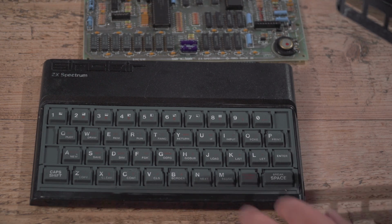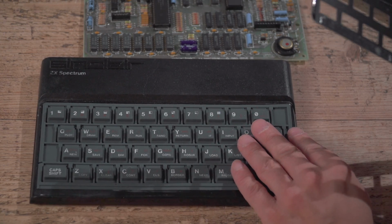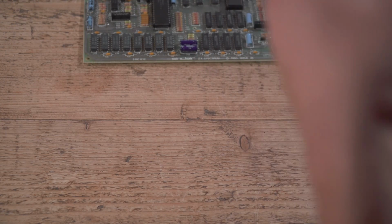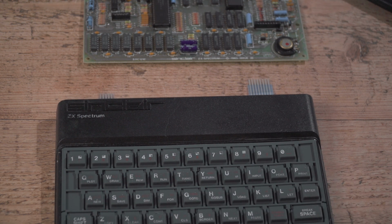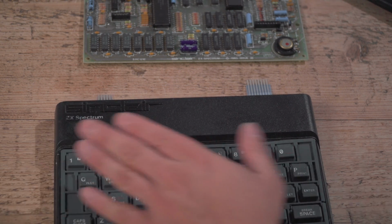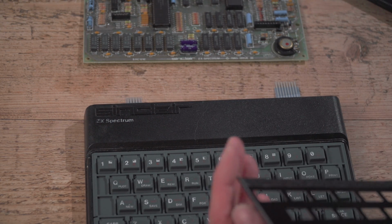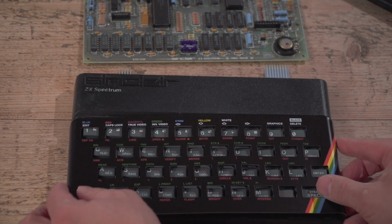Right, so if you're doing this, you should probably not do it from an angle. I'm going to do it from here. I'm going to stand up. So if I go off microphone, I've only got one shot at this. It's blowing in. As I say, it's not perfect. This could be done better. But this is going to be a daily driver, not a show Spectrum like the other one. So you can spend as much time as you like doing something like this. So we gently, making sure I'm on camera,